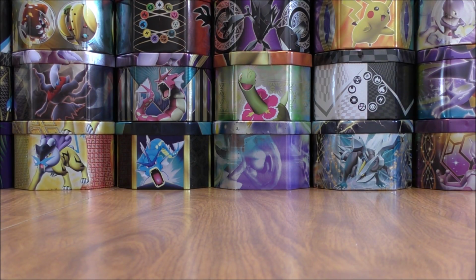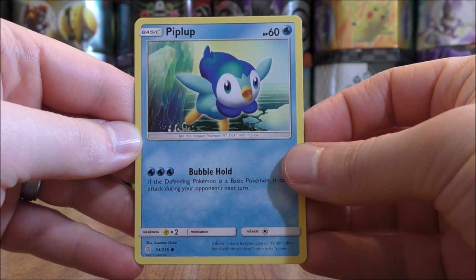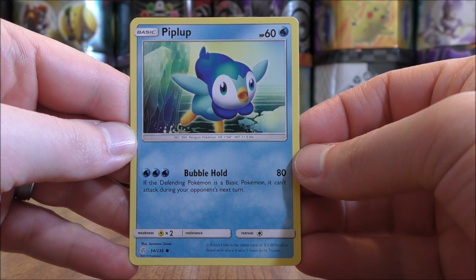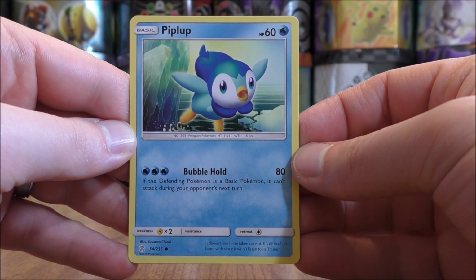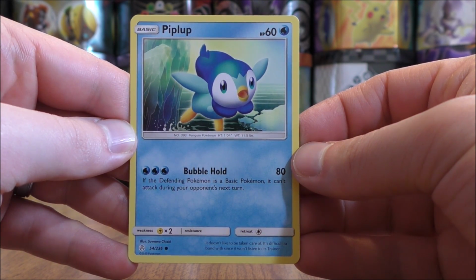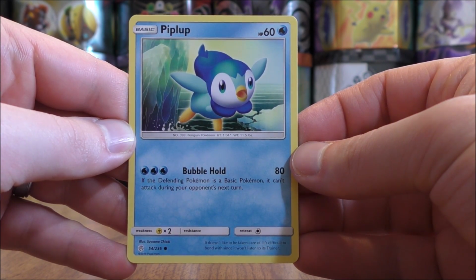Next up would be a 3-3-2 line of Piplup, Prinplup, and Empoleon. All of these cards are from Cosmic Eclipse. So the basic form of Piplup, 60 for the HP, a solid HP. Only 1 attack, Bubble Hold, that does require 3 water energy, but it does do 80 damage. If the defending Pokemon is a basic Pokemon, it can't attack during your opponent's next turn. This is a pretty good attack because a lot of Tag Team GX and GX Pokemon out there are basic